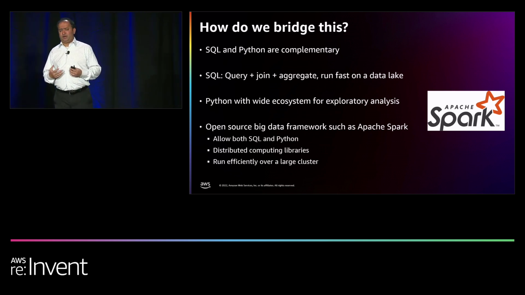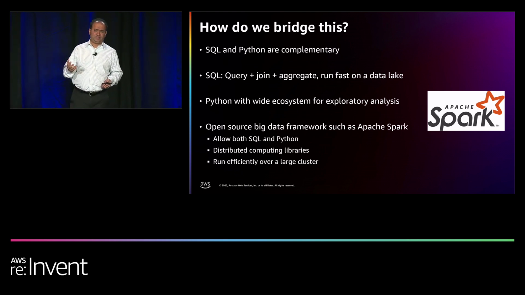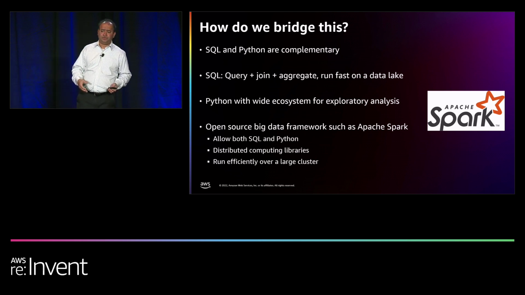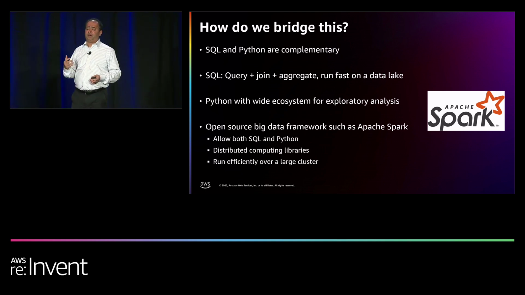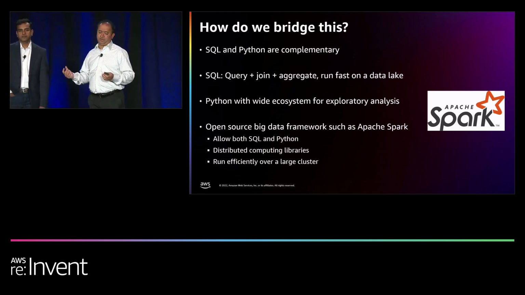When you look at that, a common popular big data framework is Apache Spark. What we are seeing is organizations in several verticals, financial, healthcare, retail, adopting Apache Spark. Apache Spark is a big data framework that allows you to run workloads of any size and run them efficiently cloud scale. You can run both Spark SQL and Python, and it provides a huge ecosystem of libraries that allows you to spread work over clusters, so that you can run several of these in parallel.